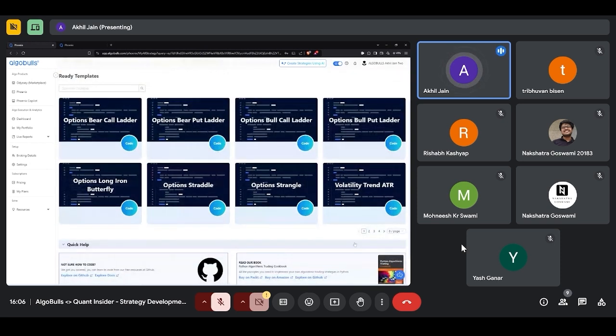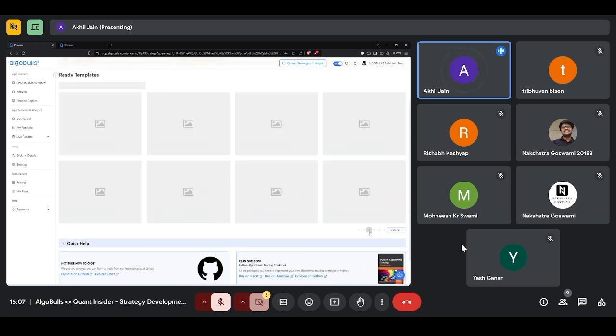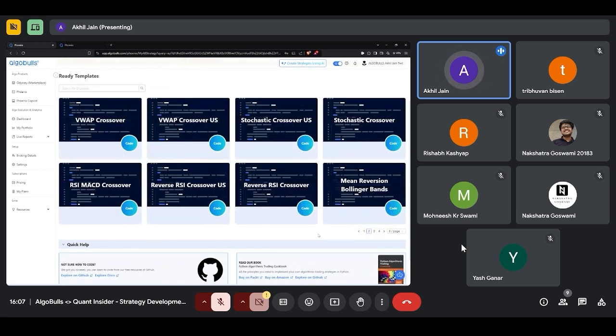Right now you can see that there are almost 4 pages here, each page having almost 8 strategies or something. You can see some of them are named as options, and one of them here is not named as options. So these are generally used as equity strategies. If I scroll to page 2, you would still see some more strategies. Some of them have the suffix US. So these are specific strategies which take US equities as input, and we are able to run those and backtest those also.